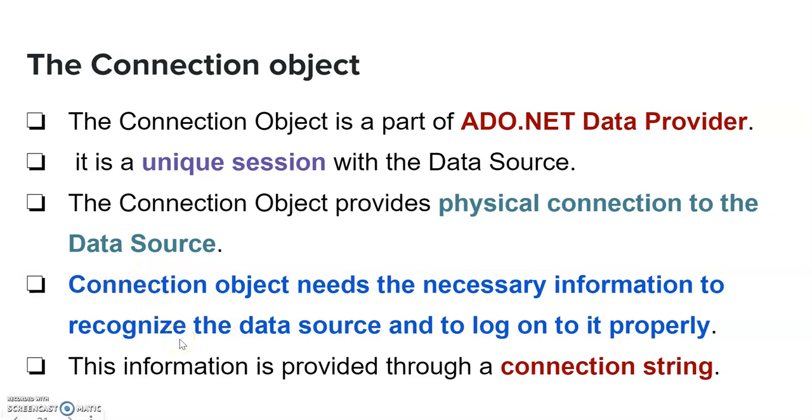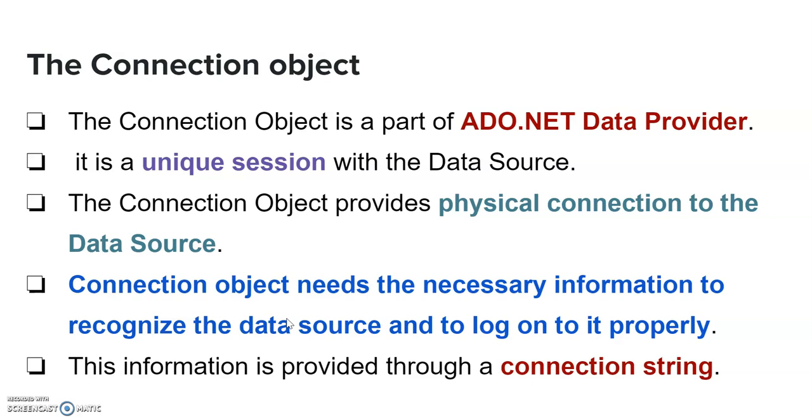When we are establishing the connection, we have to provide some information: which data source we want to connect, and among the data source, what database we are connecting. Then we have to write the username and the password if we are using SQL authentication or any database authentication. If we are using Windows authentication, that information also we have to provide. So this basic information about data source and database has to be provided when establishing the connection, and then the connection will be established, and then you can access the data and perform different operations on the database.